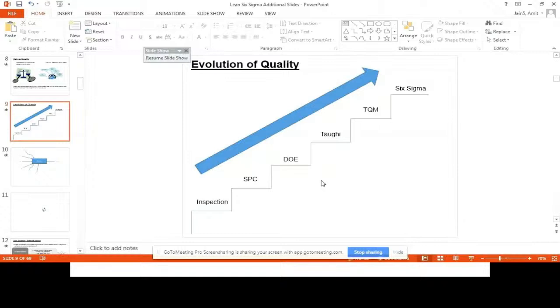So many companies started taking this route and put into practice various management systems. In many cases, what happened is it turned out that it did not impact the bottom line of the companies. The reason was that